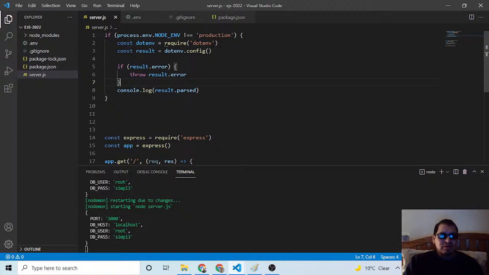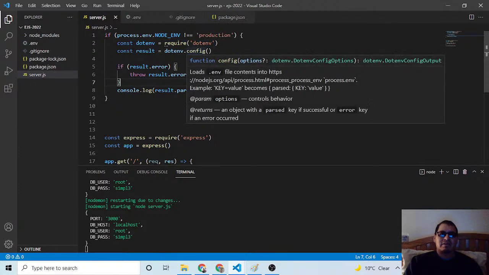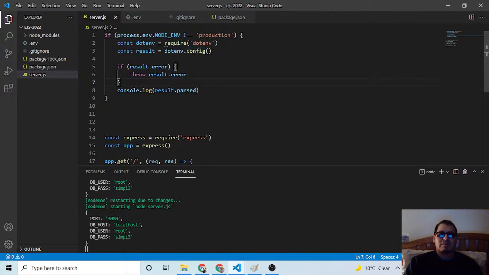So I require the module .env, and then I set that object to the method config.